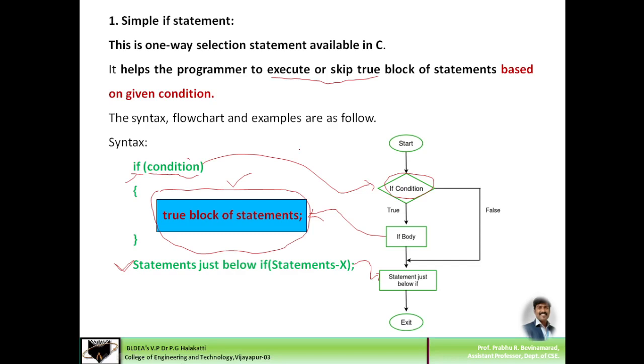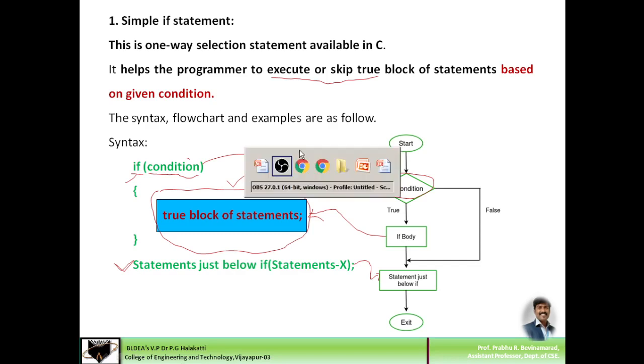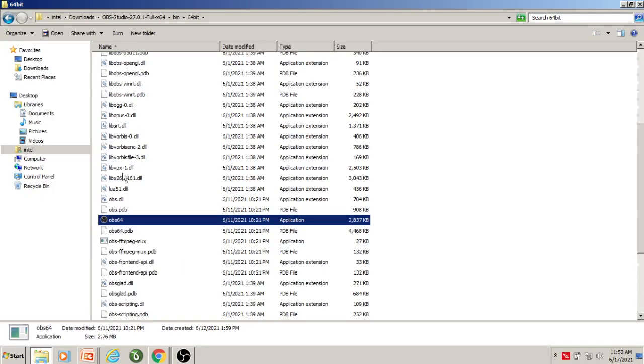Now we shall use the Code Blocks software and implement a program to demonstrate this simple if statement. Okay, so let me open Code Blocks, right?